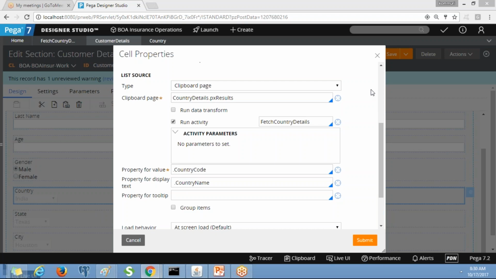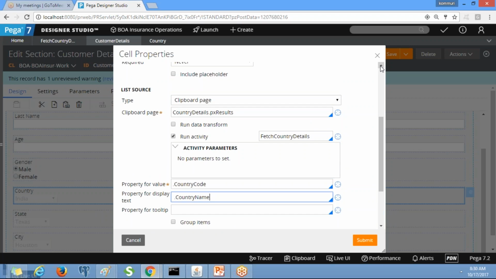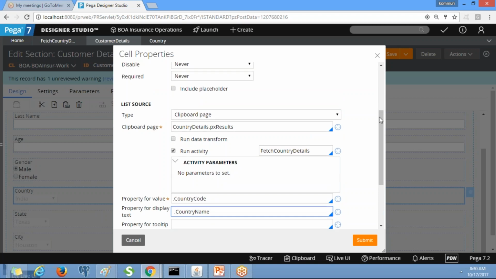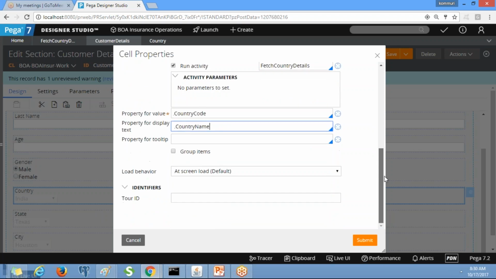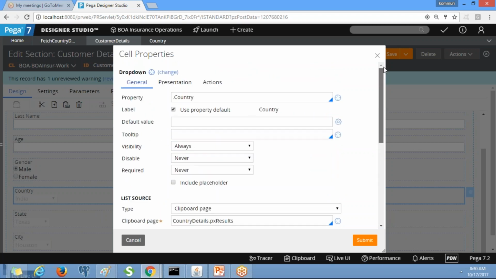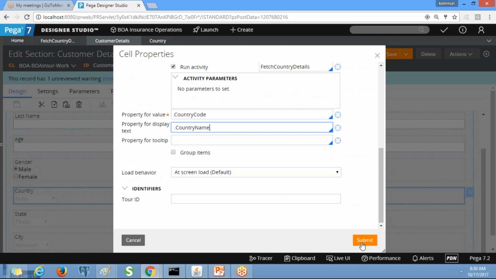So without noting down all these details you cannot do it. You have to note down all the things. You have to understand the concept parallelly. Similarly, we will be creating activities for states and cities also. If you note down for this one, you don't need to note down for states and cities because the process is the same. But if you don't note down for this, then how can you do it? Clear, right?